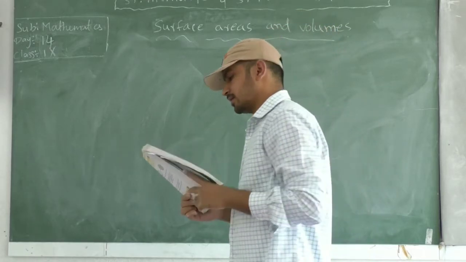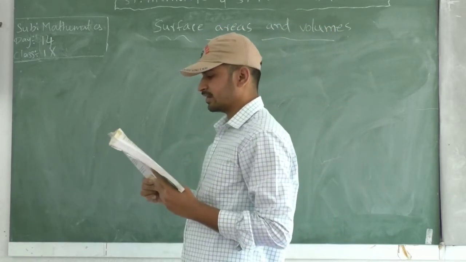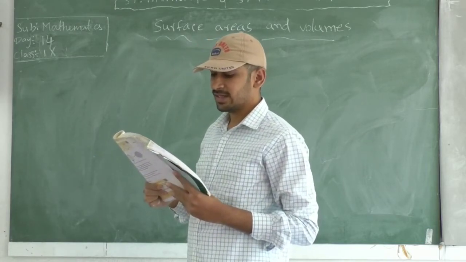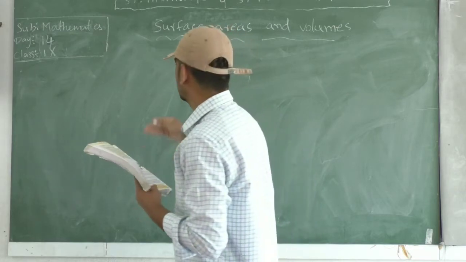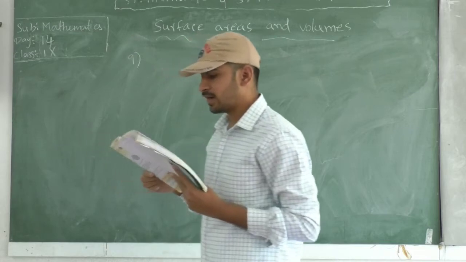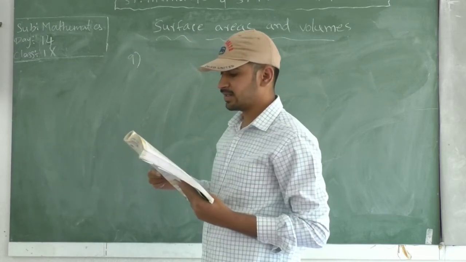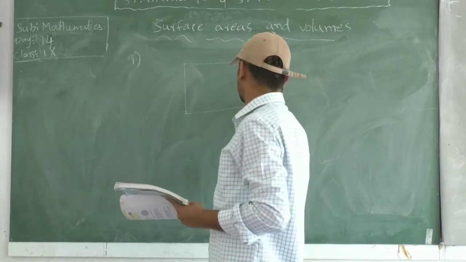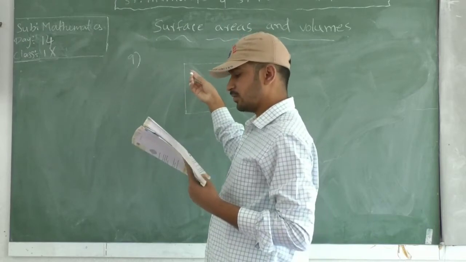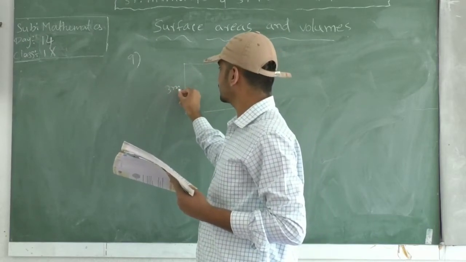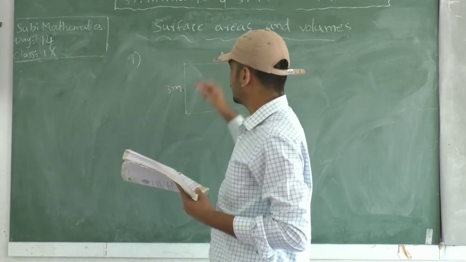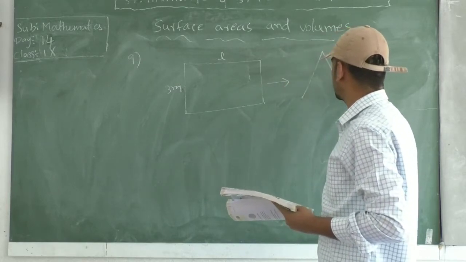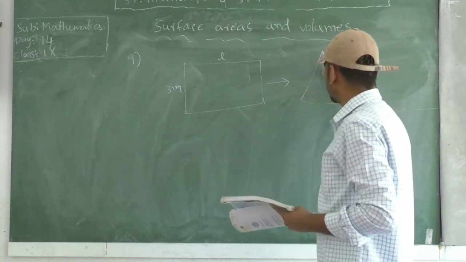The question given is: what length of propelling 3 meter wide will be required to make a conical tank of 8 meter, base radius 6 meter? We don't know the length, it is a rectangle type. This is the width, which we have to consider as 3 meters. We don't know the length of this. It is converted into a cone whose measurements are given. What is the measurement of the cone?